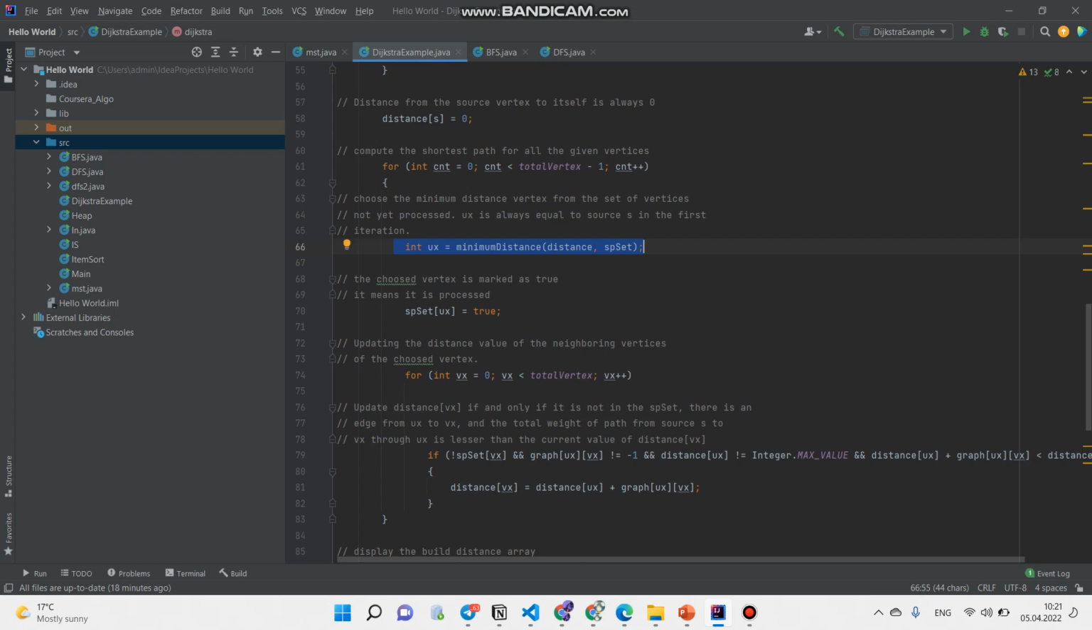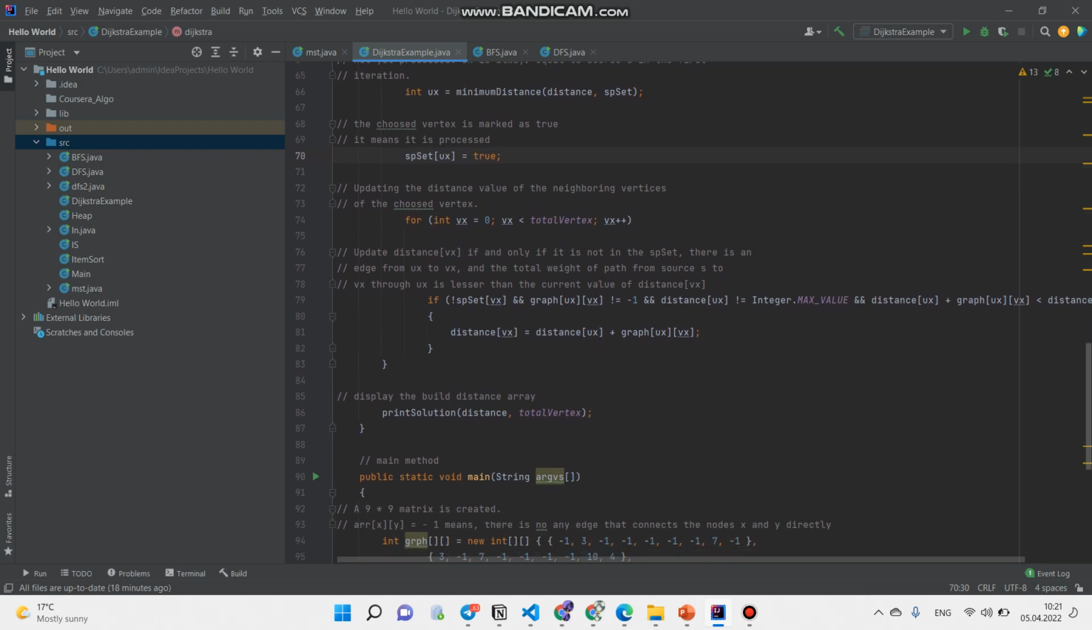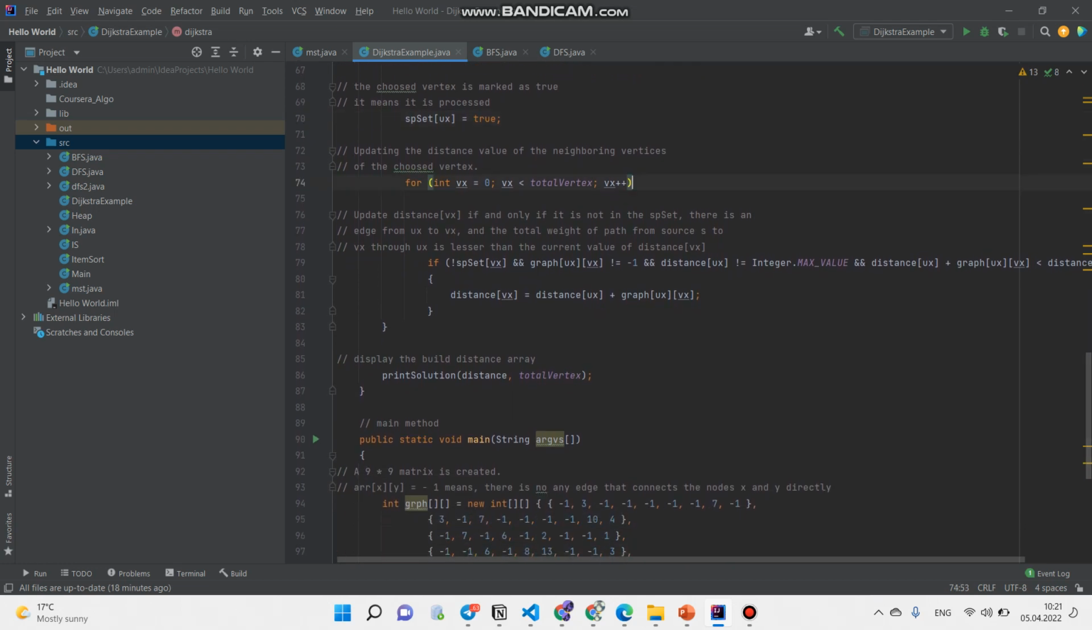And here we are going to call the minimum distance function to choose the minimum distance vertex from the set of vertices. If it's chosen, we are going to mark it as true, and then here we start our loop, and update the distance item if and only if it's not in the